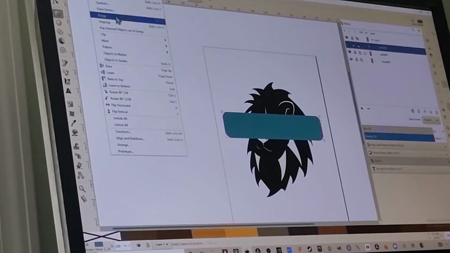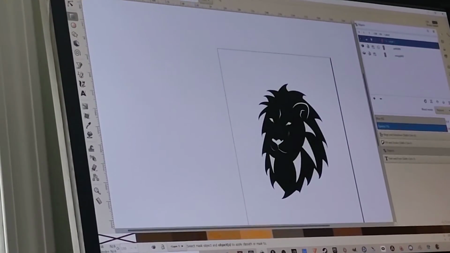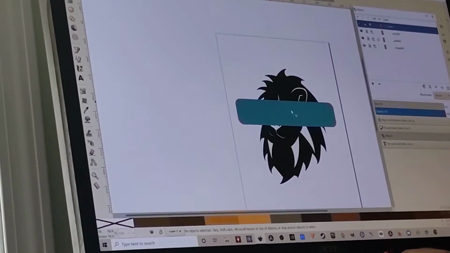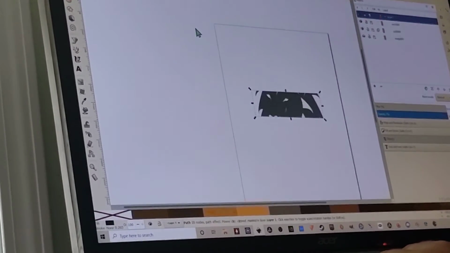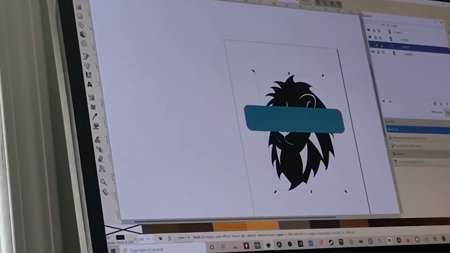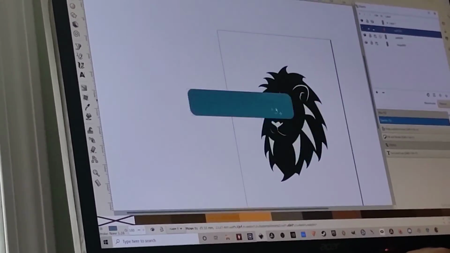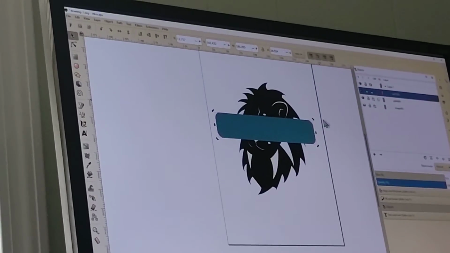I do want to try one more thing, because I'm trying to remember. Oh, wait. Okay, yeah, there's also masks. That is what I was trying to do. A mask controls what part of it you can see. So say we wanted to